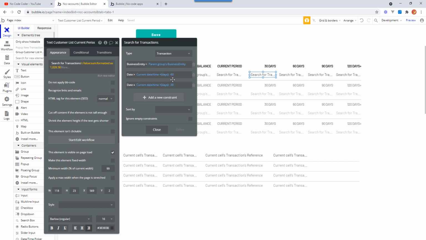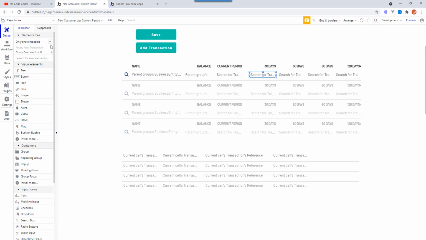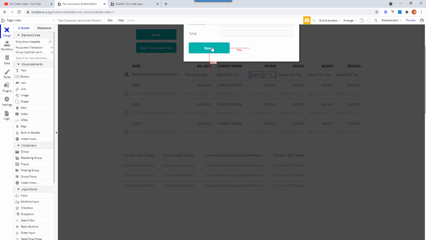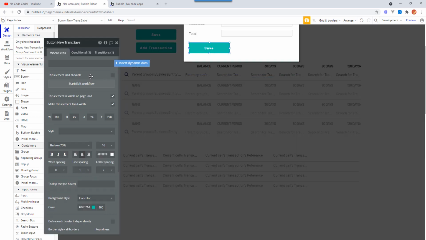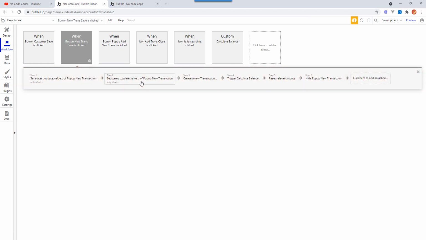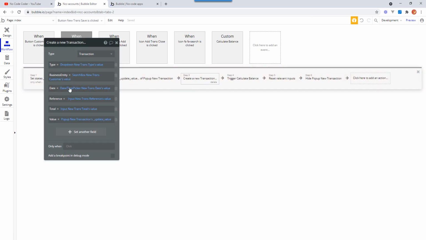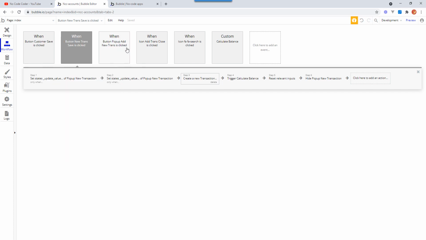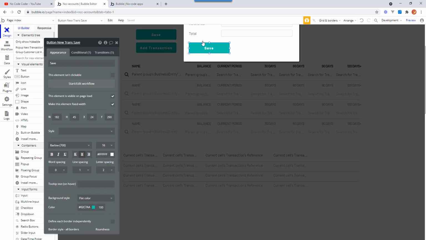Okay, and because we're storing the transactions with a particular time, when we look at the pop-up on the save workflow, you can see when we create the transaction, well, actually, there they can select the date obviously, but the default that we're using is the current date time. Okay, the problem with that is that when you come to start doing date arithmetic, which includes what we're doing here with these things,